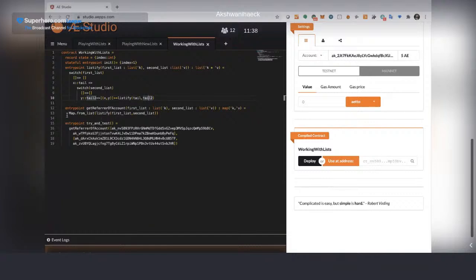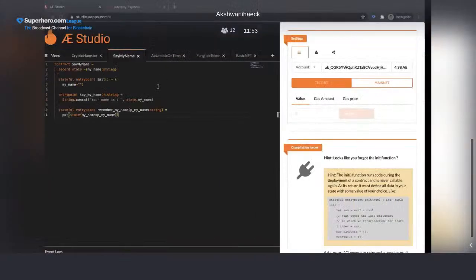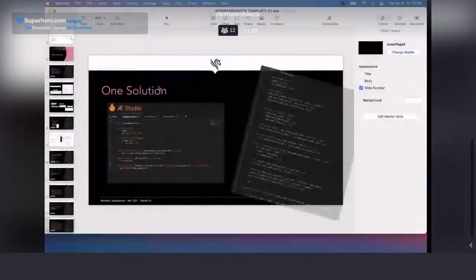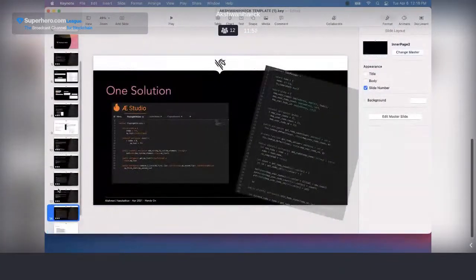Okay, but these are a bit more advanced, but just for you to know that you can do a bunch of different things, playing with lists, maps, and recursion, and this is going to work very well, very fast, so no problem. Okay, so that will be the last part.